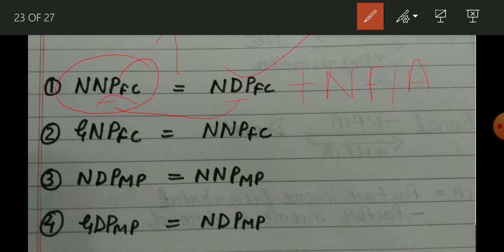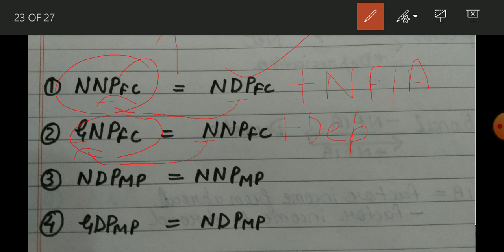Okay student. Now in the second, NNPFC is given, you have to find out GNPFC. So what is the difference here? We are moving from net to gross. So when we are moving net to gross, the others are same. NNPFC same, just one difference is here. Here is net, here is gross. So when we are moving from net to gross, we are going to add depreciation. Okay, now next do it. I think you had done, so check your answer.